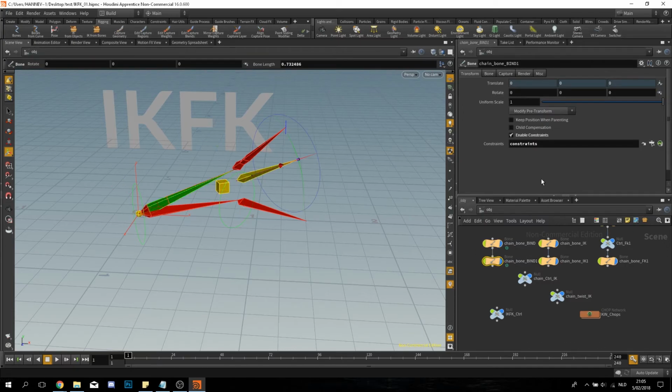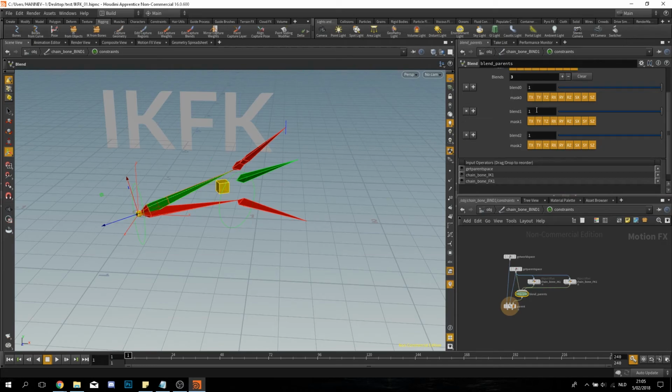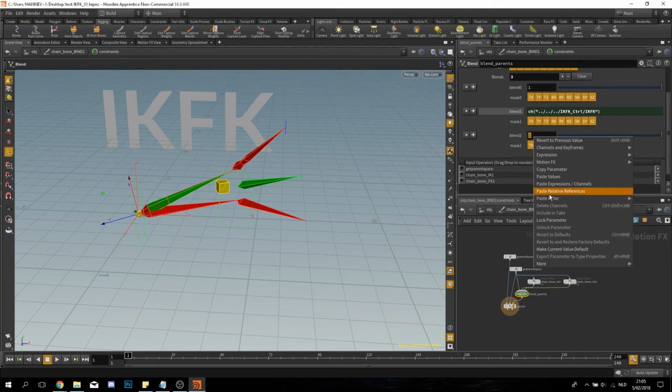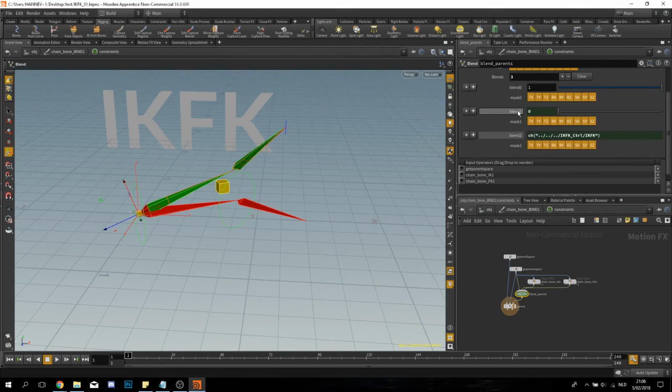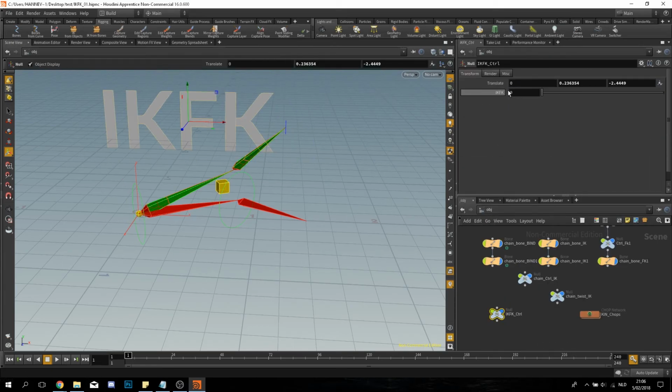And if you do this towards the other one, you can see it's here 0, so it should be following the IK. And if you set it to FK, you can see it will follow the FK joint.